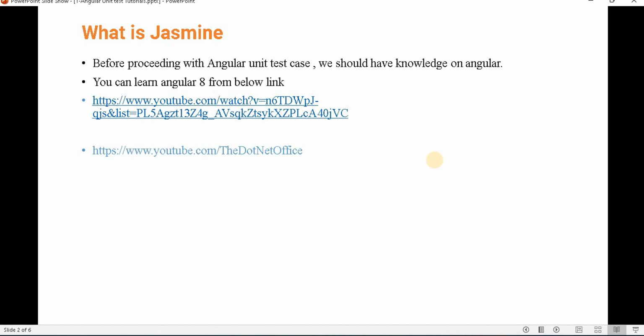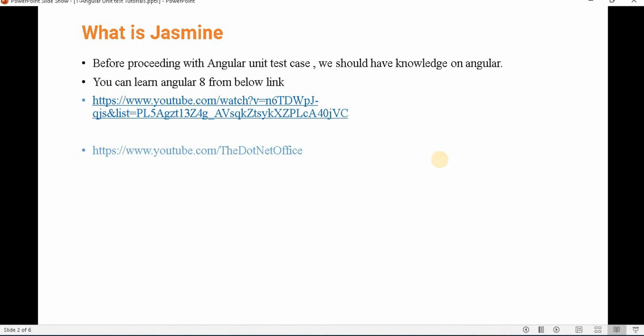If you know how we create Angular projects, how we create components, how we go from one component to another, and how we create services, then with the basic knowledge of building an application in Angular, it will be very easy to understand Angular unit test cases. So I recommend you please learn Angular 8 and then come to Angular unit test cases.